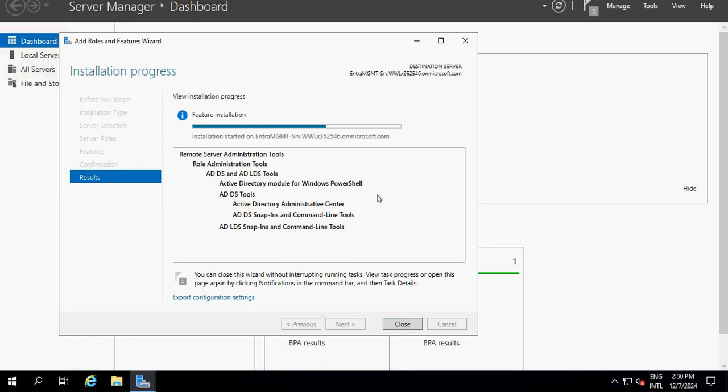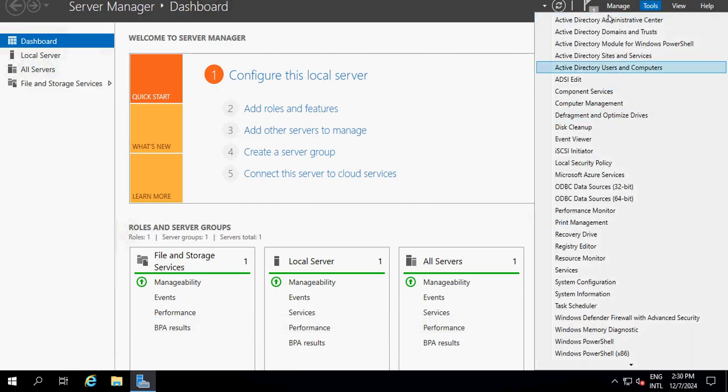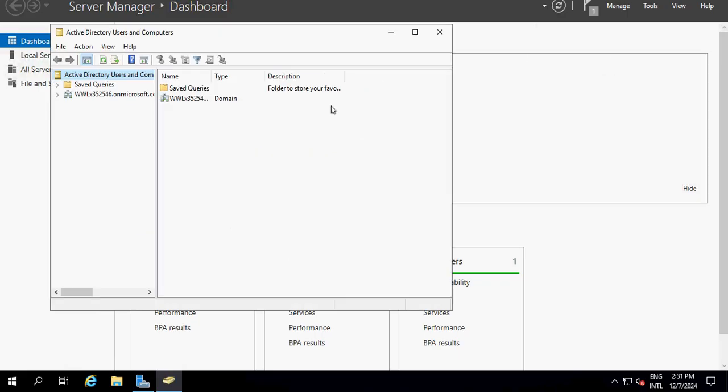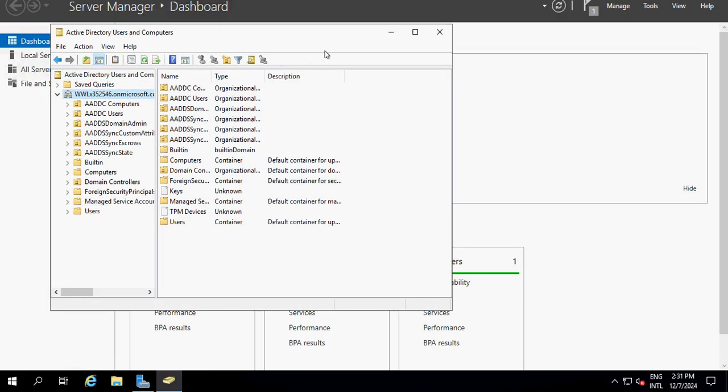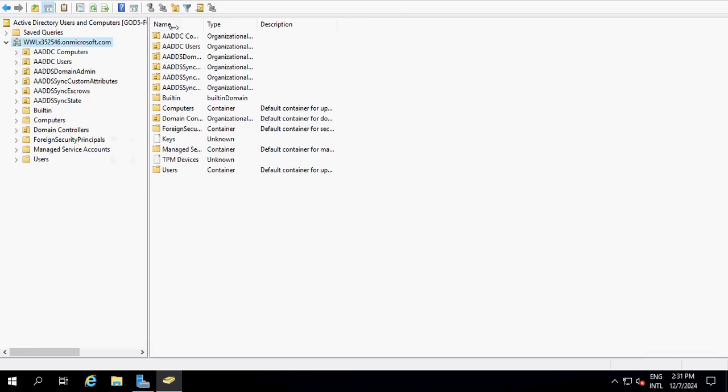So once we install this tool in this machine, and if it is an Entra Domain Services joined machine, and if we have the permissions, now it is successfully installed. We close this, we go here, you can see all your Active Directory related options. Now you can click on Active Directory Users and Computers. Now you can see your Entra ID, and you can see most of the options that you can see in